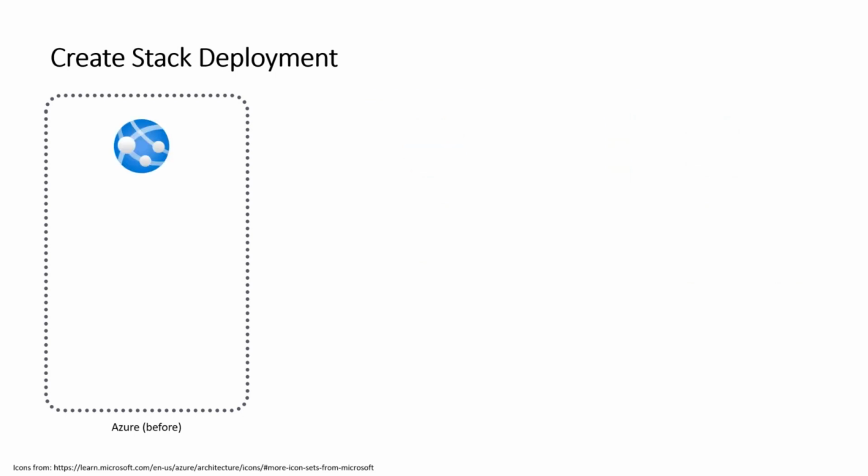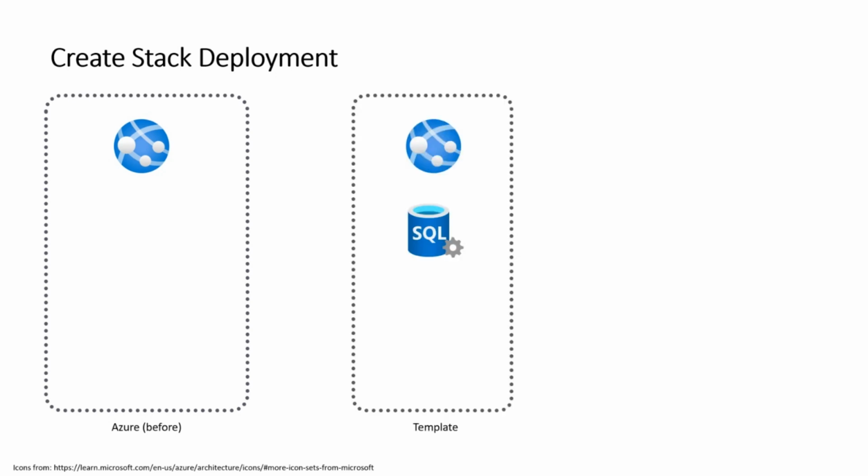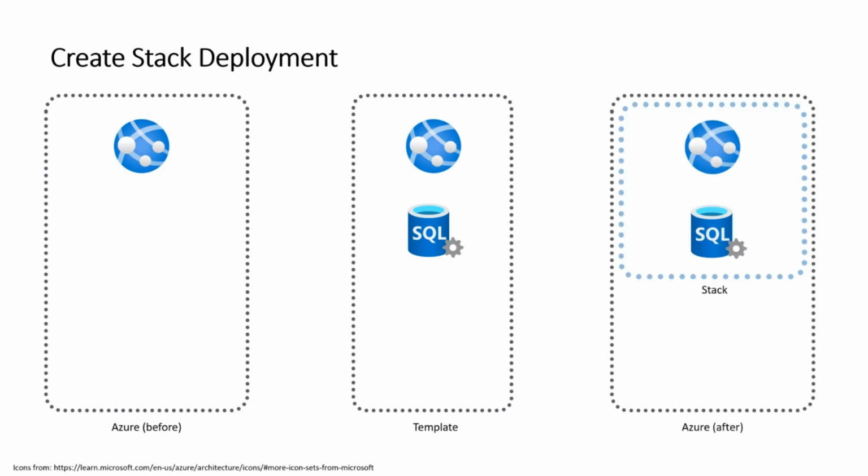And when I come around once again, and let's say in Azure there is now an app service already, and again I deploy a template with that app service and a SQL DB, you will end up with what you probably expect in Azure: that SQL DB is deployed and added to the stack, but that stack also accumulates the app service that's already there, but was defined as part of the template.